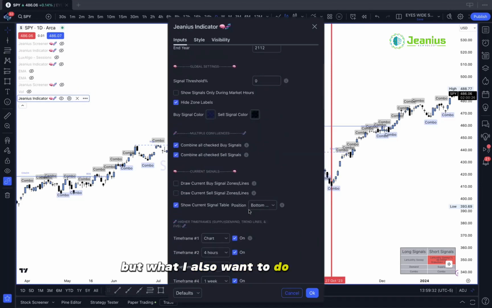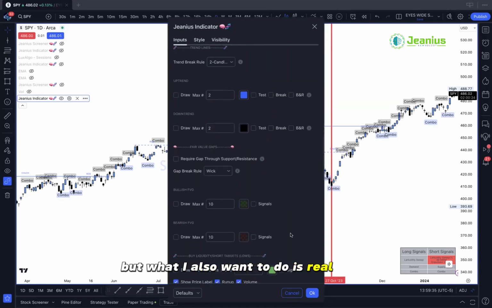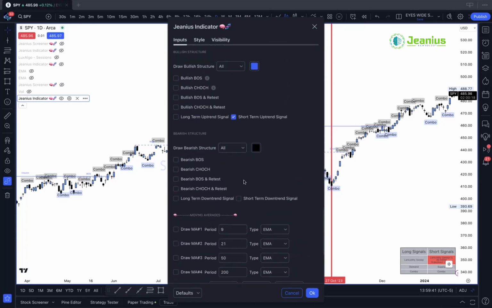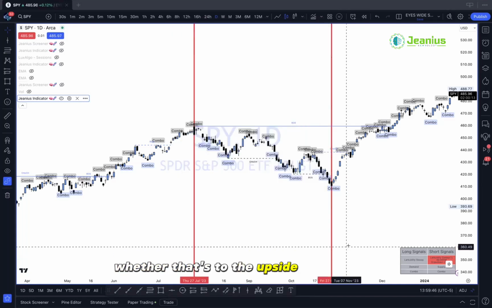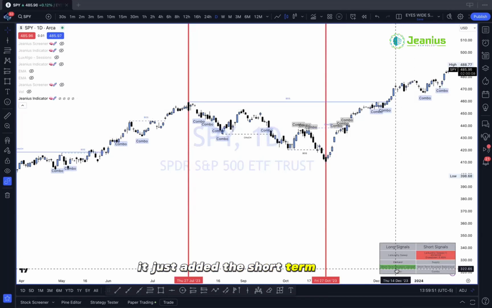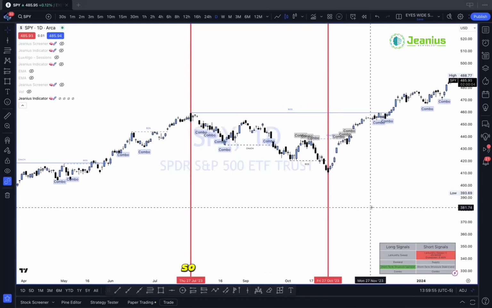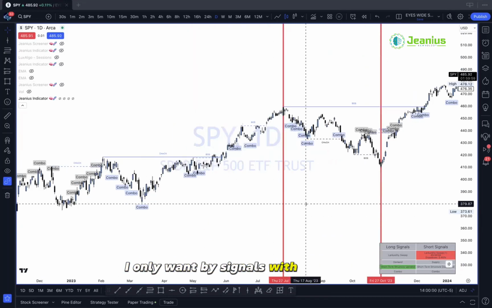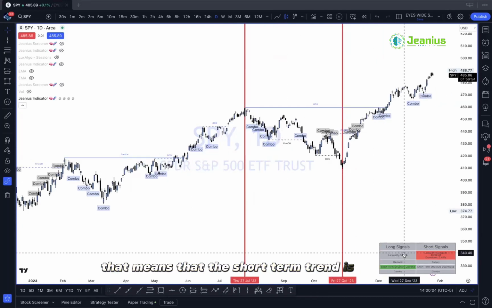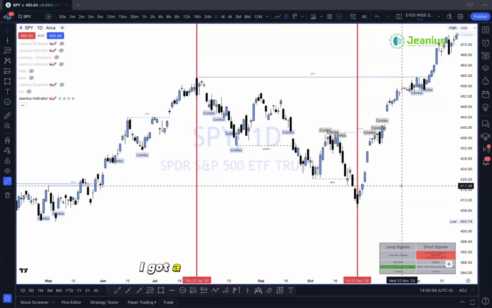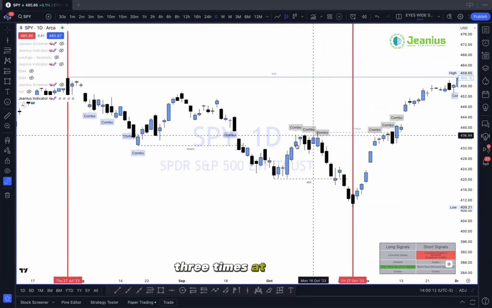But what I also want to do, real quick, is see what it looks like if these signals pop up only if it's trading with the short-term trend, whether that's to the upside or downside. And so you see right now it just added the short-term trend. The short-term trend is up. So if you notice that anytime the short-term trend is up, I only want buy signals with that trend. That means that if the short-term trend is down, it won't give me buy signals, it'll only give me sell signals. So if you notice, I got a legitimate sell signal here 3 times at this top